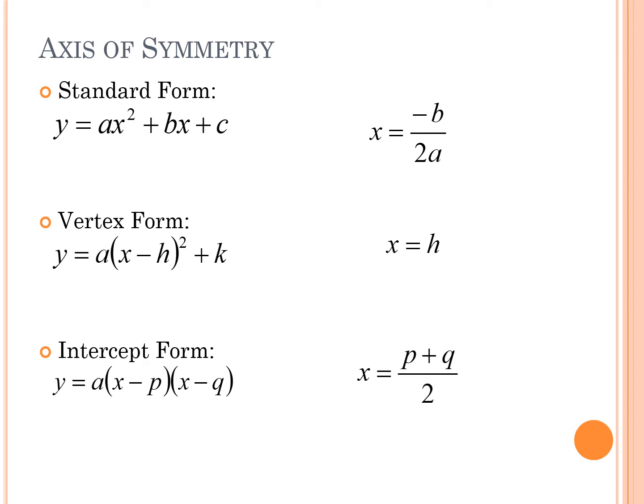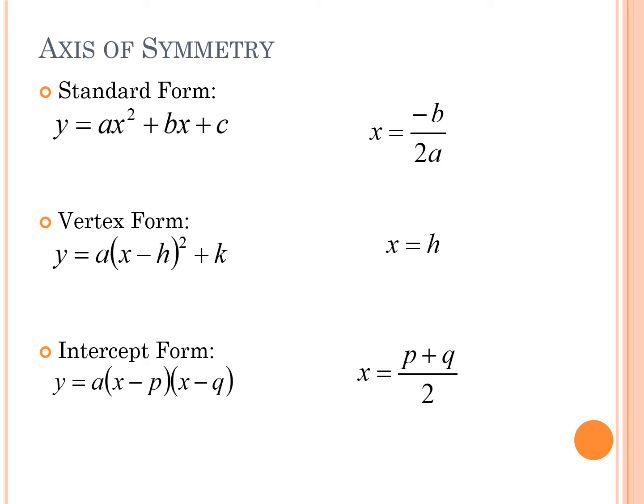For the last one here, for intercept form, again, a is not going to impact this. But what we are going to see is, okay, if we take the intercepts, we add them together and divide by 2, you almost can think of that as the average. If we take the average of the intercepts, the axis of symmetry is going to be right in the middle. So for p plus q, and notice that those, again, are going to be kind of the opposite values as what you would see inside the parentheses. Add them up and divide by 2, that's going to be the equation for our